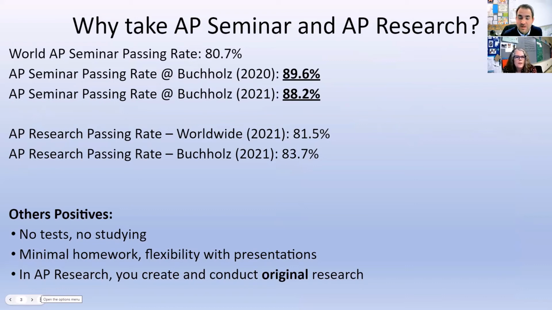Right. A couple other things that are nice about the program. In general, there's not very much homework. In AP Seminar, once we get past the first 9 weeks or so, there's not really anything that you're doing separately as homework. Most of what you're focused on is working through a group paper and a group presentation, and then an individual one that focuses on a topic of your choice, where you solve basically a real world problem.